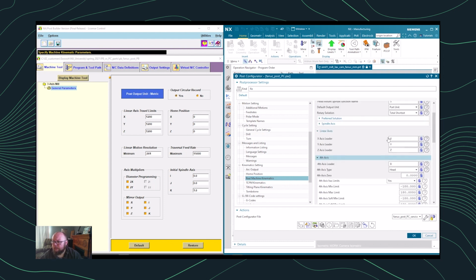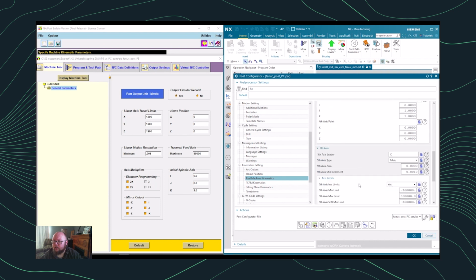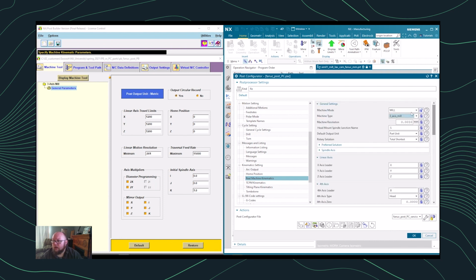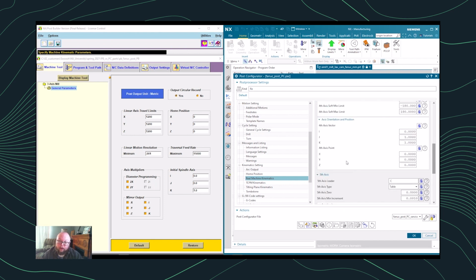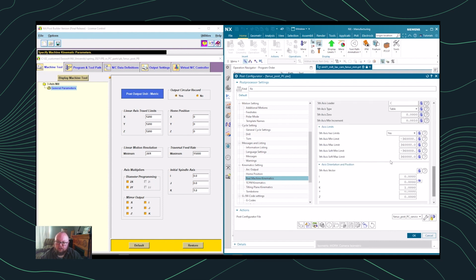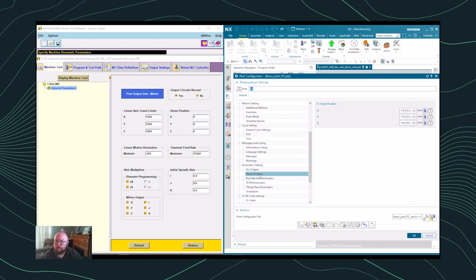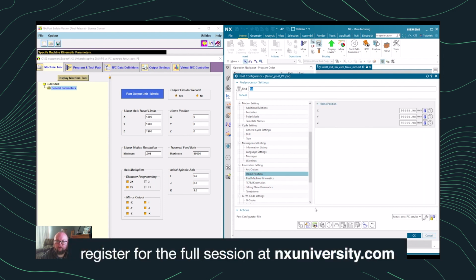So you'll see that there's still 4-axis and 5-axis information in here. And actually, in future releases, and it is possible now, we can have our dialogues be updated based on our selections. So when I select 3-axis mill, I could have these 4-axis and 5-axis parameters no longer be visible in my Post Configurator session, so we wouldn't have any additional confusion, things like that. And similar to Post Builder, we can still specify our home positions and